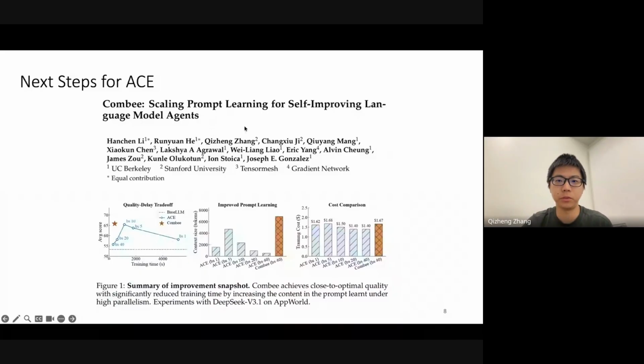So I'll talk about a few directions where ACE is heading to. The first direction that ACE is heading to is scale. ACE was originally designed around a single agent, learning from its own traces, more or less sequentially. But the world is moving towards swarms of agents with hundreds of models or agents running in parallel, which could generate an enormous number of traces. Could all of these agents learn together into shared playbooks, which will be shared knowledge condensed?